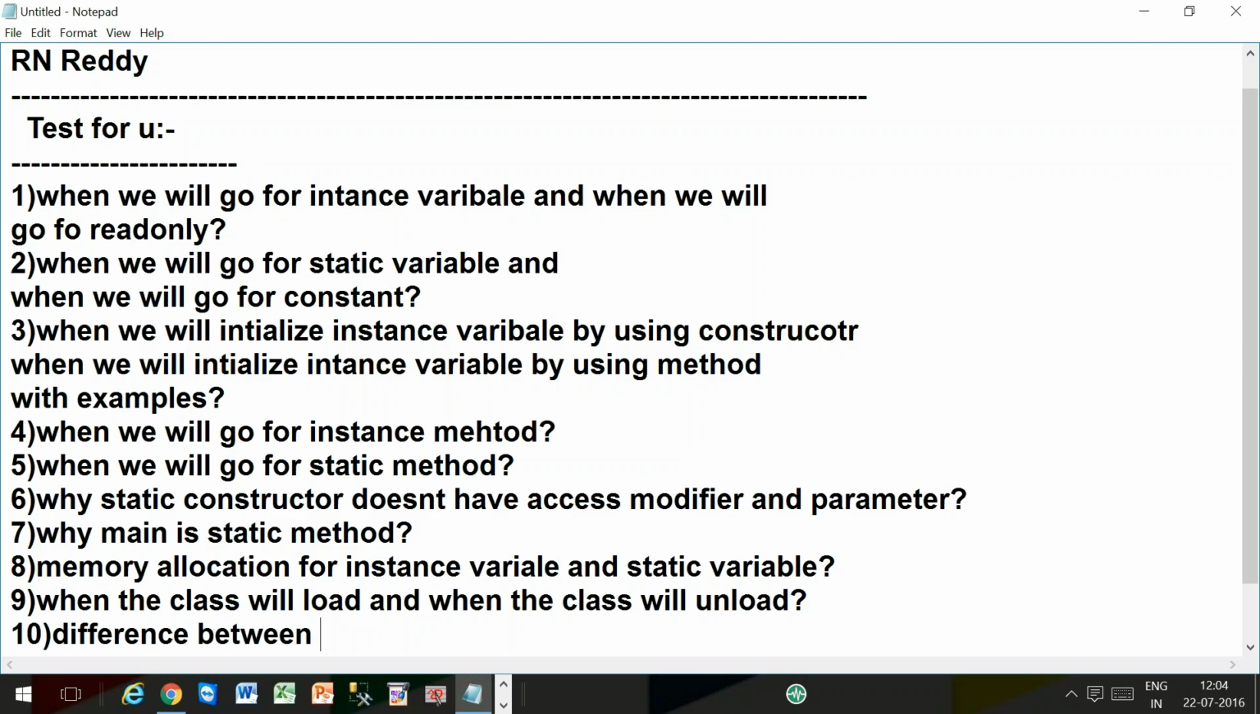Difference between property, constructor,